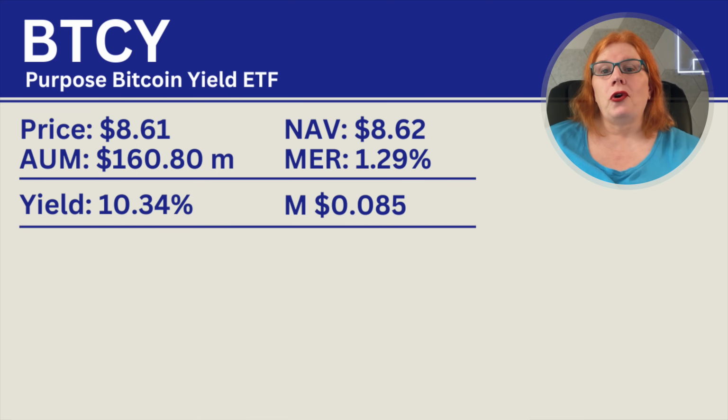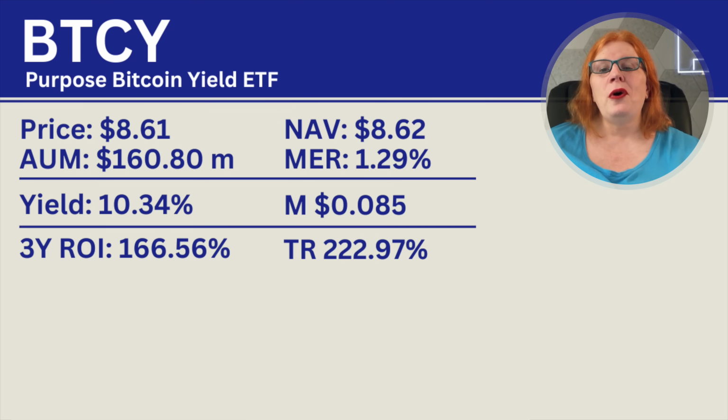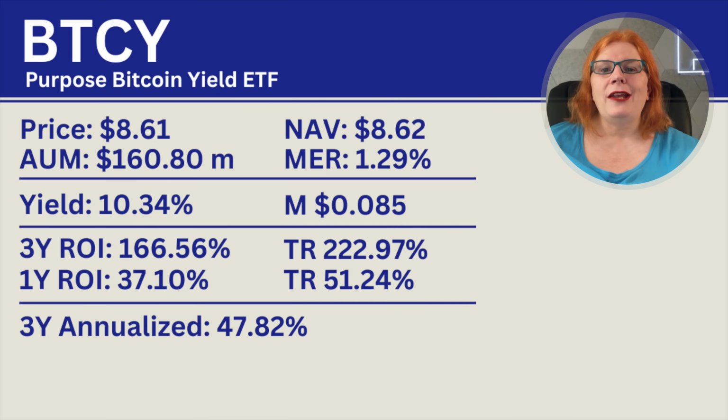Looking at their returns, their 3-year return on investment, 166.56%. Factor in the dividends, total return, 222.97%. That's awesome. I already used my holy banana bread, but that's awesome. Looking at their 1-year return on investment, that's coming in at 37.10% after you add in the dividends. Total return, 51.24%. 3-year annualized, oh boy,